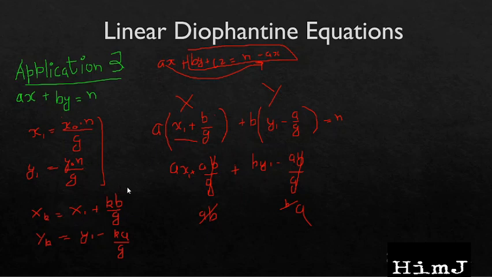So now the general solution for this Diophantine equation will be this, where x1 and y1 are given by these values, and x0 and y0 are calculated using the extended Euclidean algorithm. You might be wondering what is the use of all these possible solutions, because these will be infinite. In a CP problem you wouldn't have to print all the possible solutions. So what is the use of calculating this? Let's see in application number 4. Basically application number 4 is simply an extension of this, but it is classified as another application, so I will also treat it as another application. So let's see what application number 4 is.